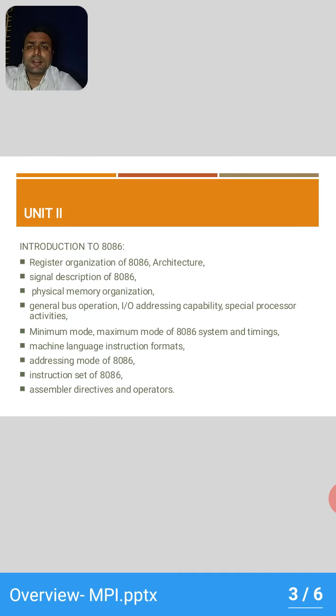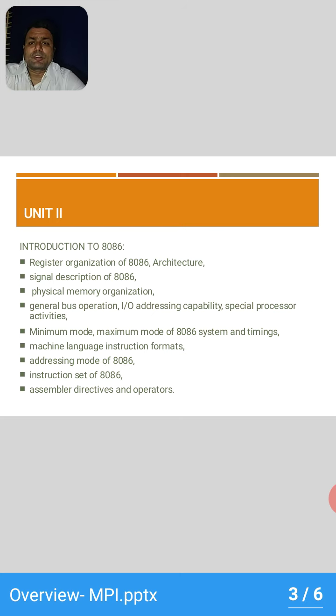After the study of 8085 in the first unit, we will study 8086 in the second unit. The second unit discusses an advanced processor which is much better than 8085. Of course we cannot call it much better, but in terms of application we can call it somewhat beneficial compared to 8085.